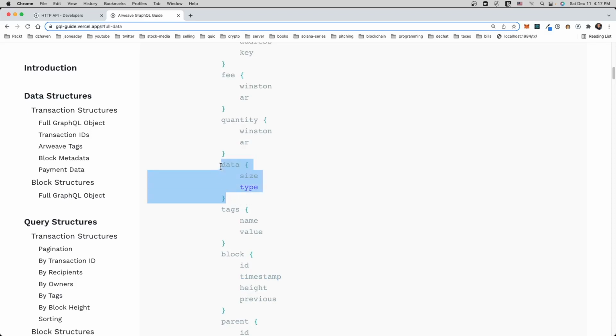Well, by the way, in the case of GraphQL, you can't actually get back the data, because data won't come back from a GQL query. They'll only give you back data from either the HTTP query or the JavaScript query. But even if you could, you can't filter off of the data because, again, it's unstructured data.